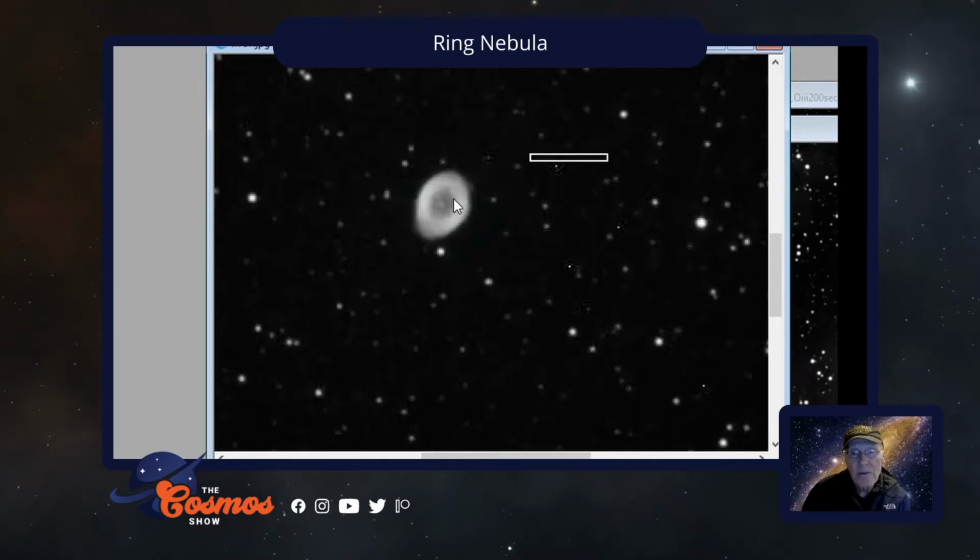The nearest star to us is 4 light years away, other than the sun. So you can see this thing is huge in size, much, much bigger than our solar system. It's about 2,000 light years away. So we're going to now go back to the screen that controls the telescope, and